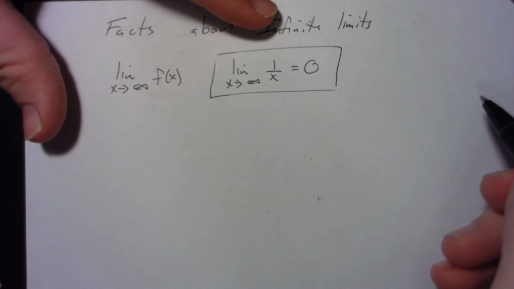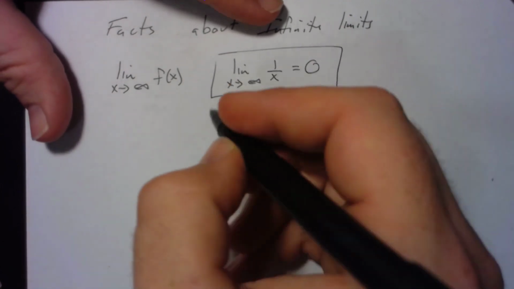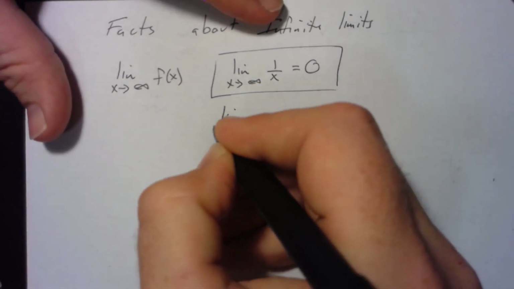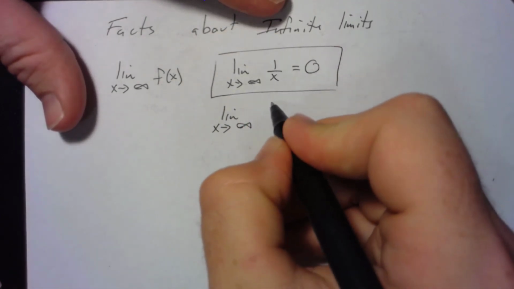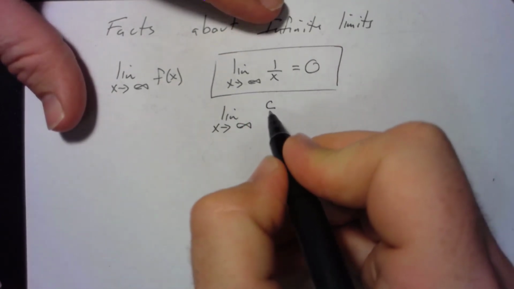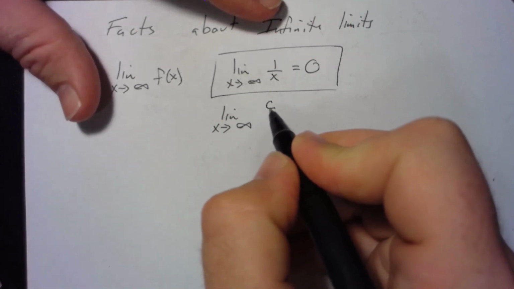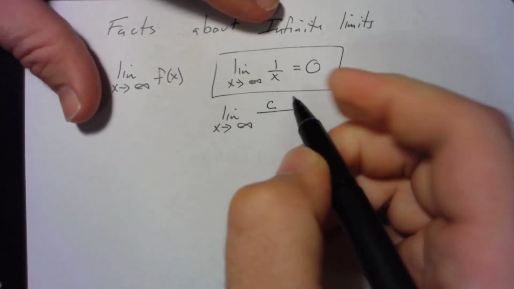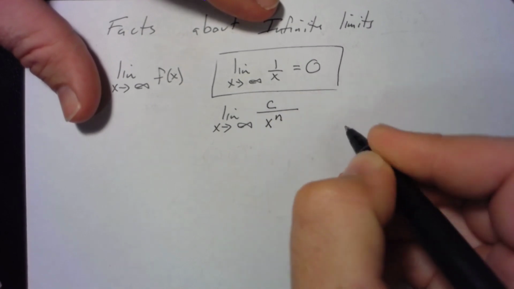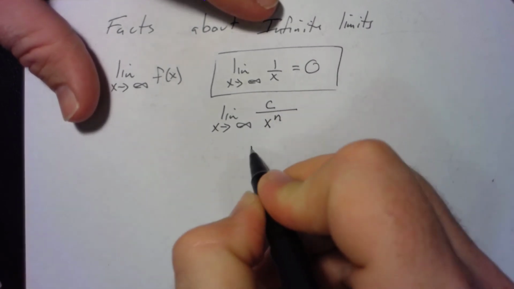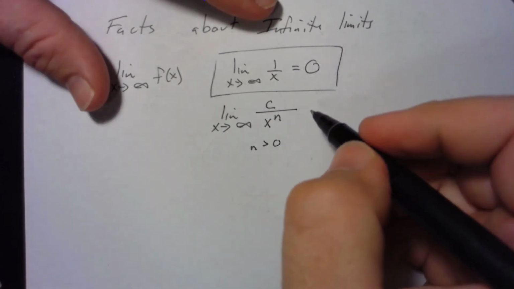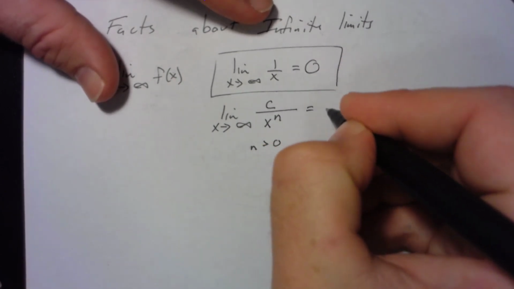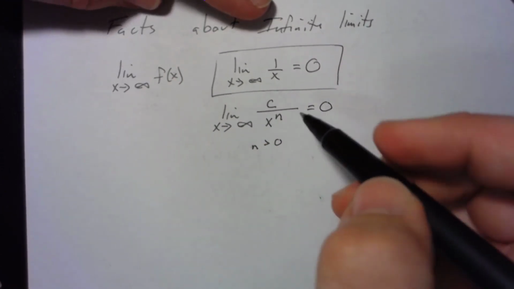There are two additional properties that we can try and comprehend and identify. The first one is a manipulation of this one, such that if I have a constant in the numerator, not something going to a constant, but an actual number, divided by x to the power of n, such that that n is a positive number, so greater than 0. If this is the case, this is then also going to be equal to 0,